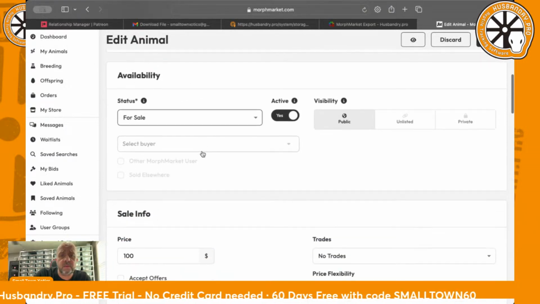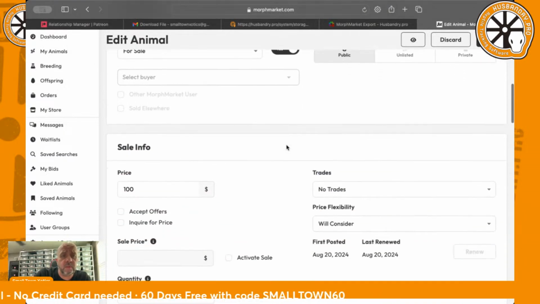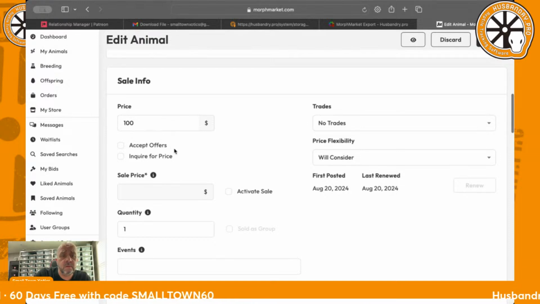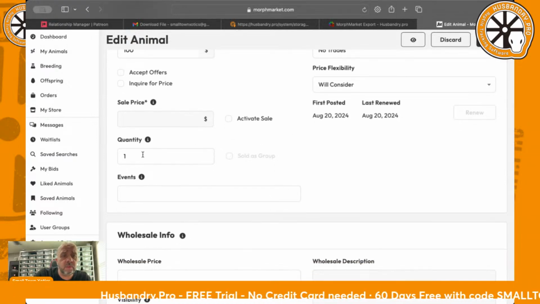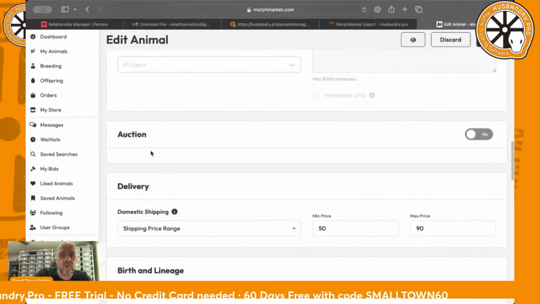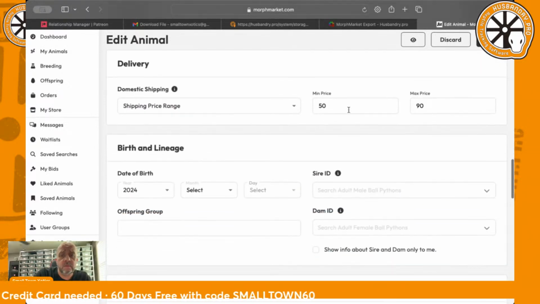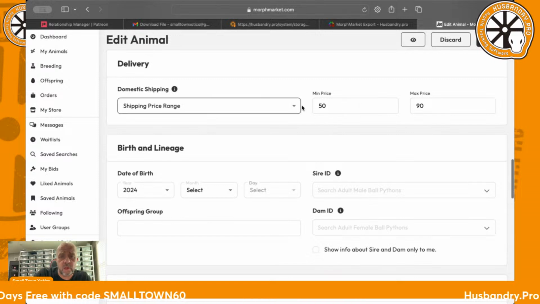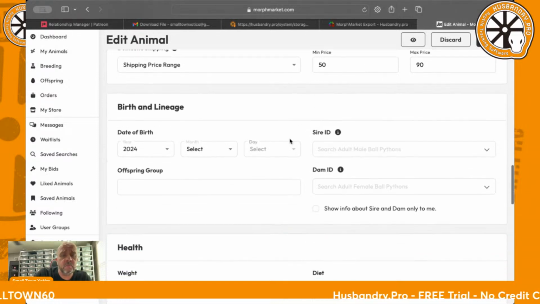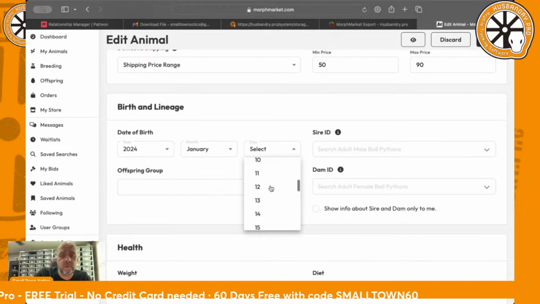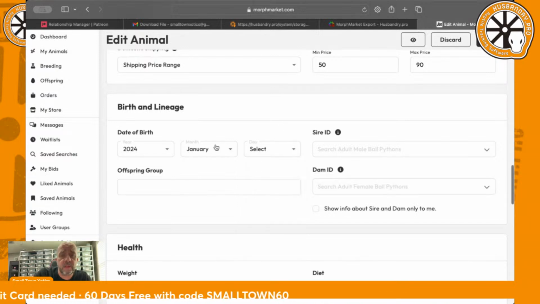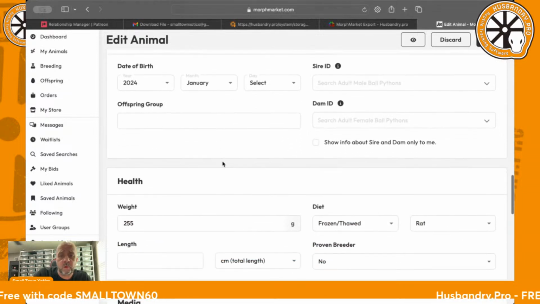I did produce it. It is for sale. It's active, public, price 100. I'm not accepting offers on something like that. I'm not trading. Will consider. Quantity 1. I don't do wholesales on there. This is my default setting. All my animals I list will have a 50 to 90 price range. Seeing something like this, sometimes the birth date doesn't come over. So it's January. I don't remember what it was. I think it was 14th. I'll just leave that the way it is. So January 24,